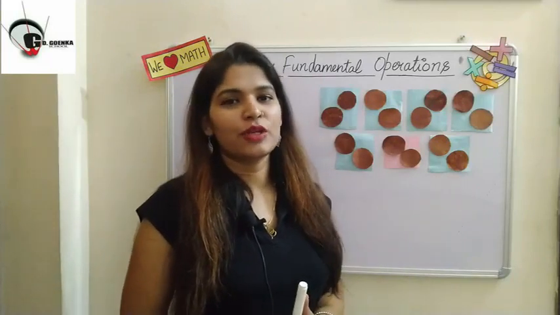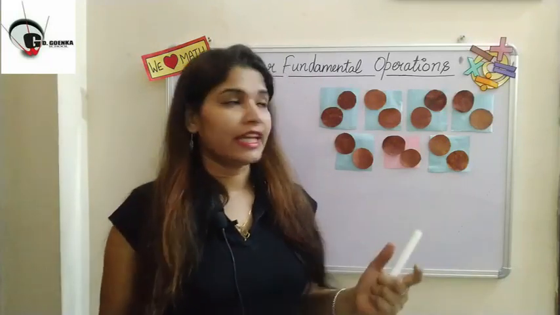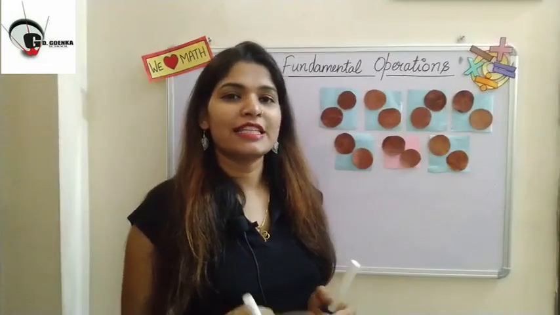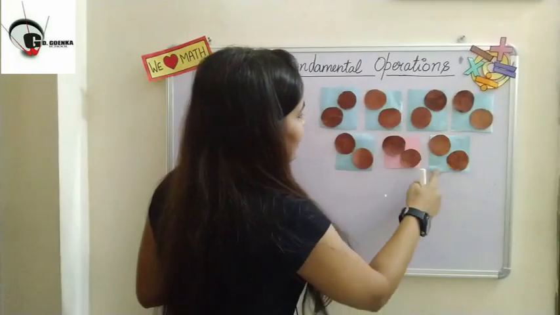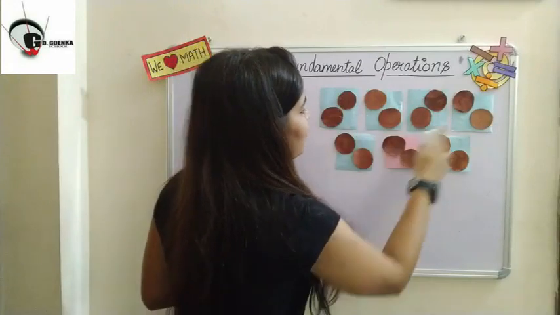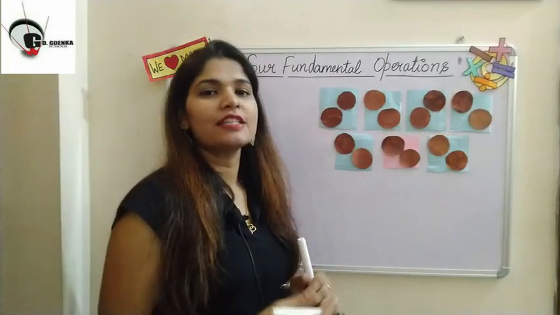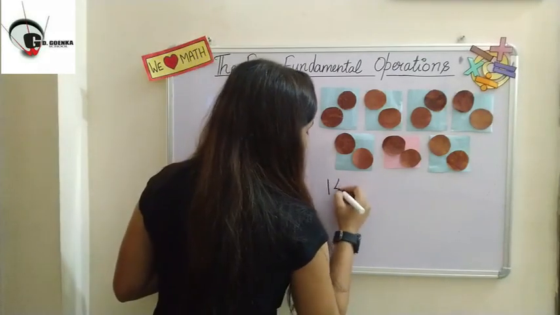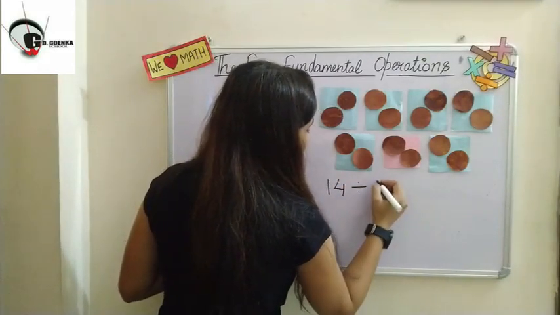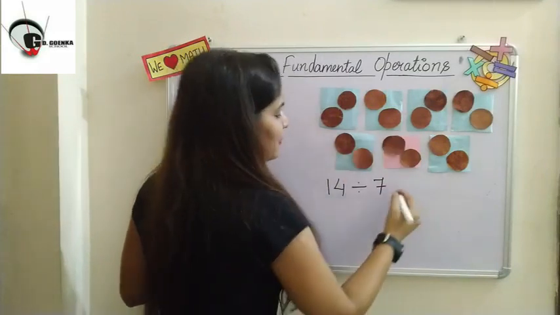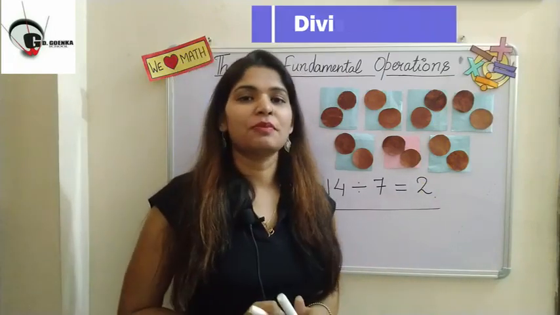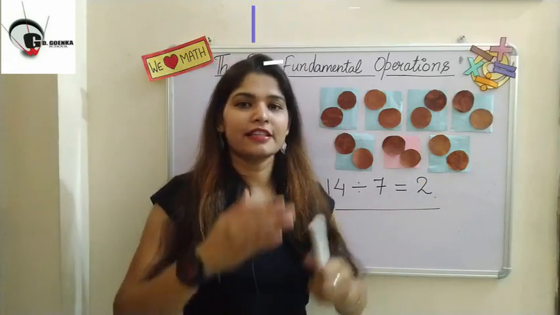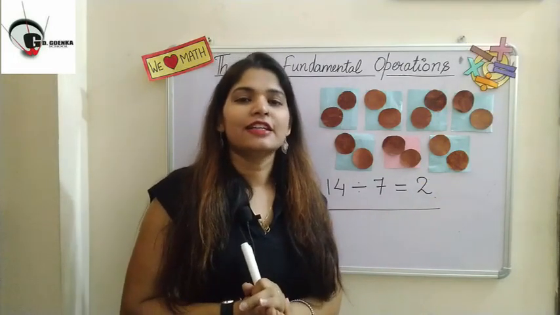Let us see. As we are left with 14 cookies, the friends want to divide the cookies among themselves in equal parts. Each friend will have two cookies when we are dividing the cookies equally. So it will be 14 divided by 7, as we are dividing among 7 people. So we will have 2. This is called division. Division means distributing things in equal parts. So that is the division operation.